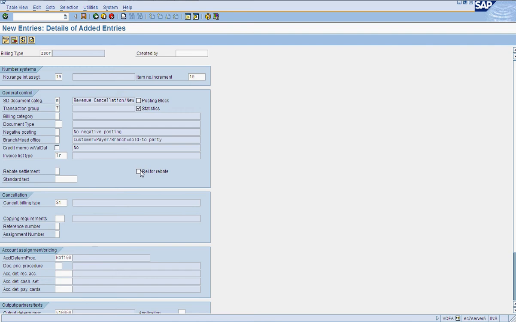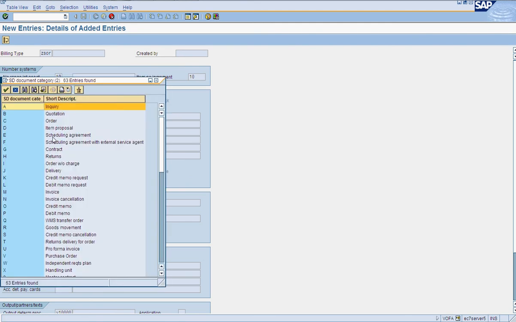For rebate activation, we need to activate rebate at customer master level, billing document type level, as well as sales org level. So this is the third level. We have already done it at sales org level, we have already done it at customer level, and this is the third one. So I will enter a valid value.